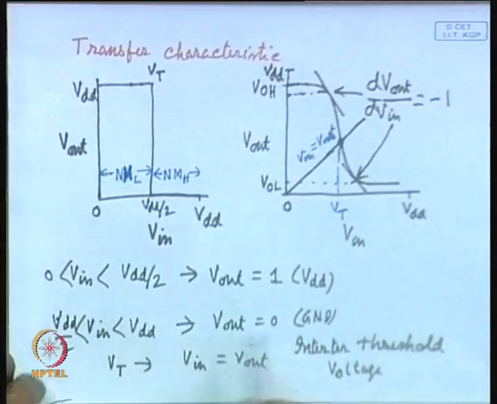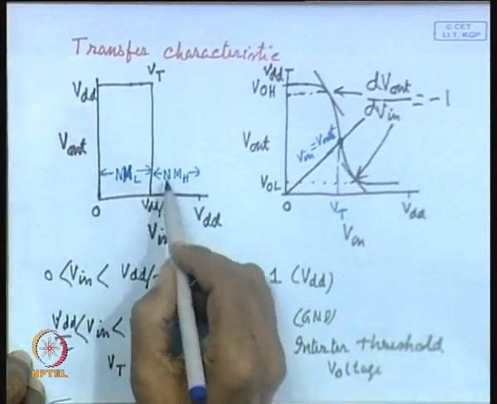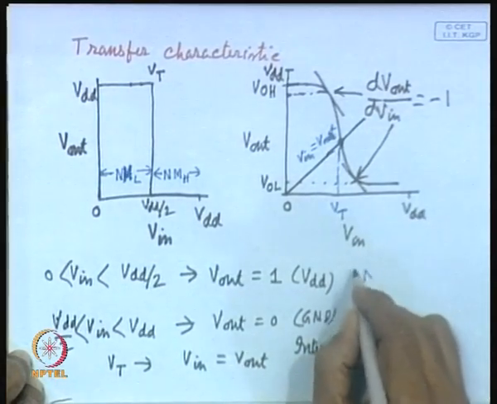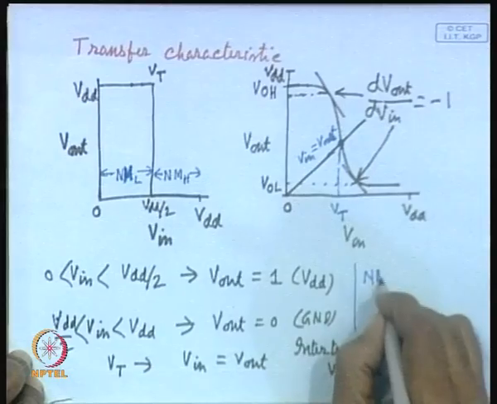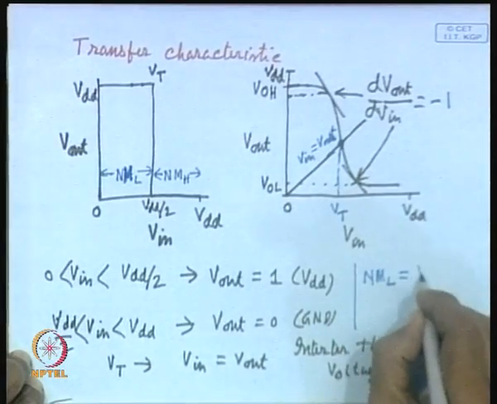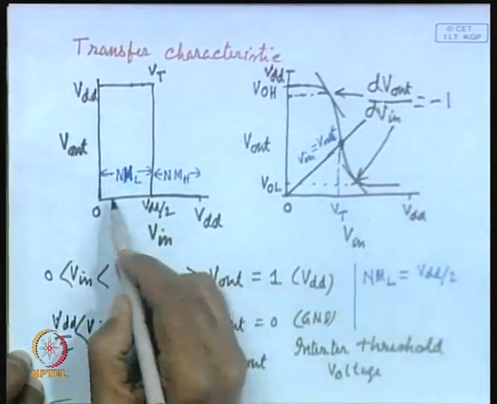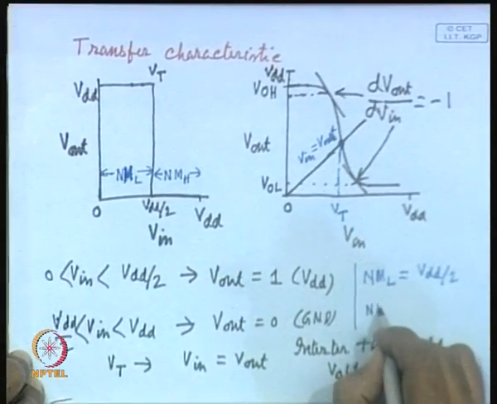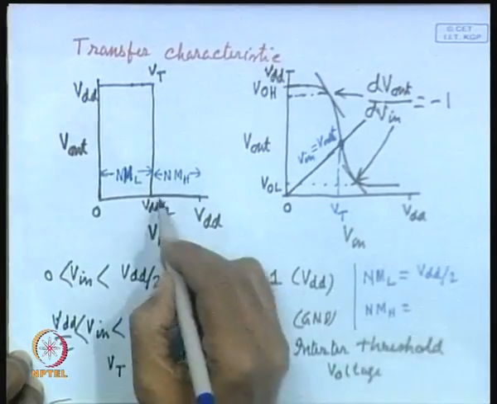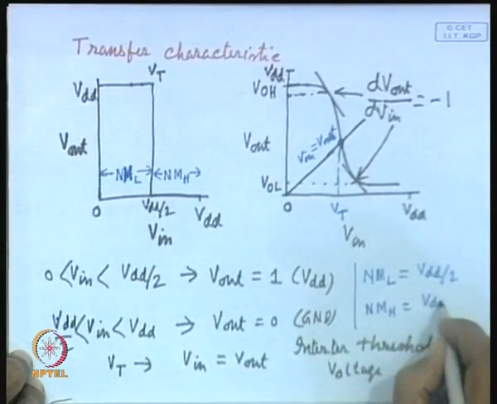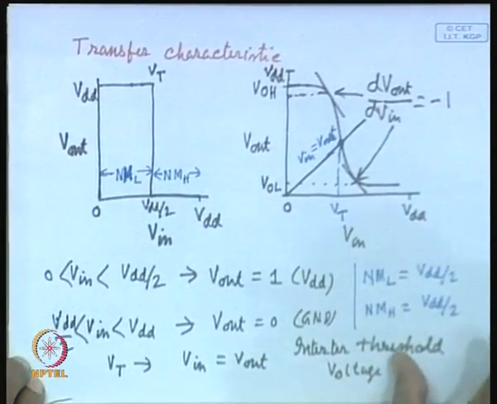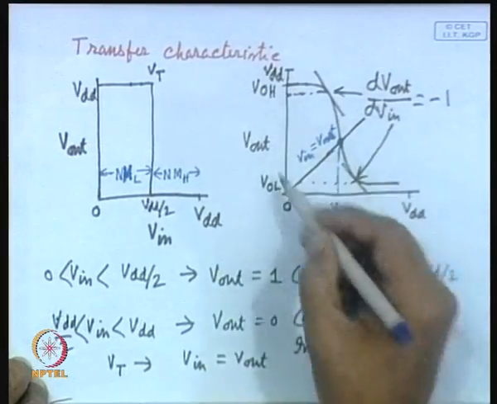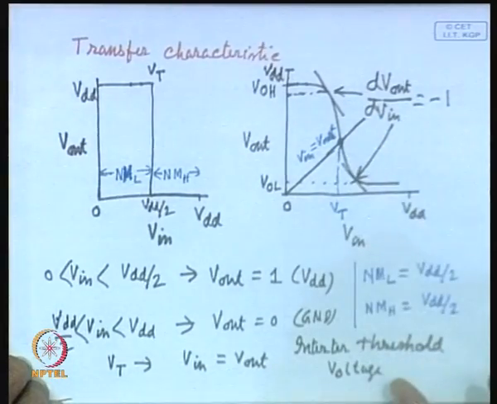That means, for an ideal device, an ideal inverter, noise margin low is equal to VDD by 2, you can see 0 to VDD by 2. And in case of noise margin high, in the high level also it is VDD by 2. That is the ideal situation. But what about the practical situation in this case? Will it be like this? To